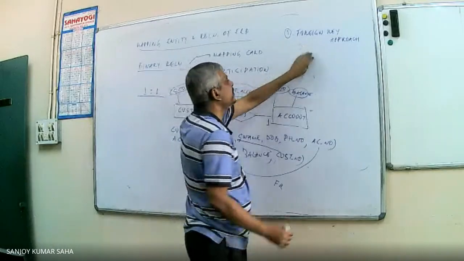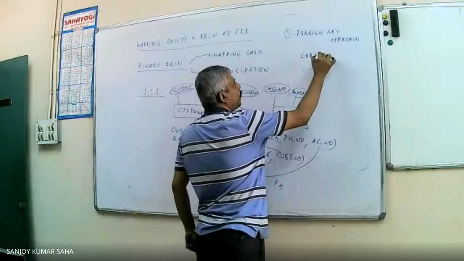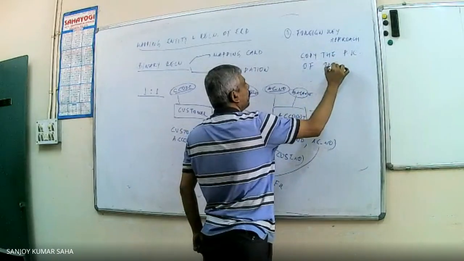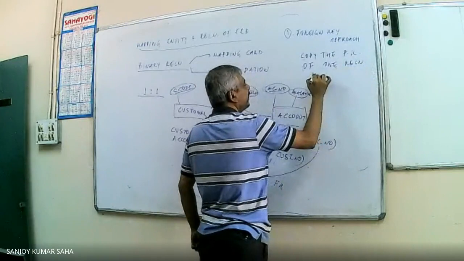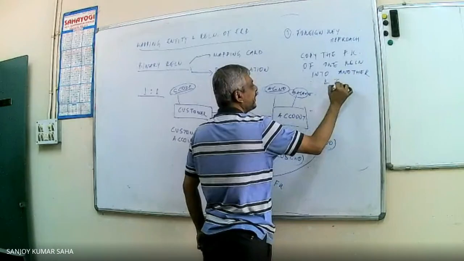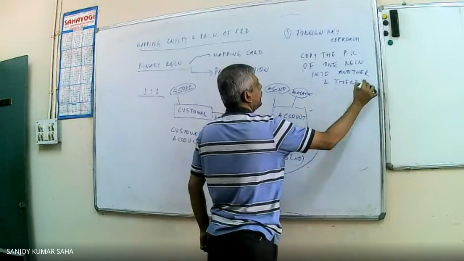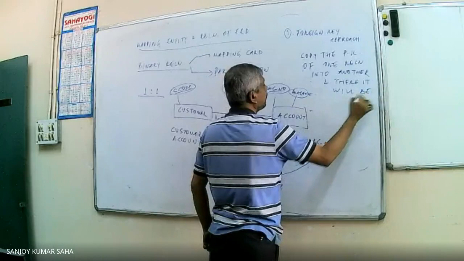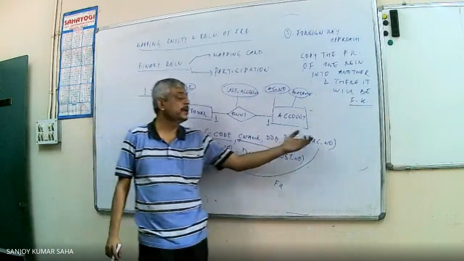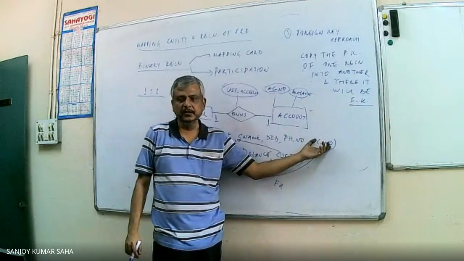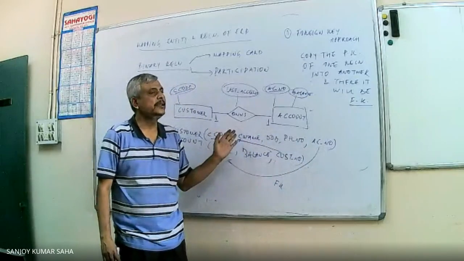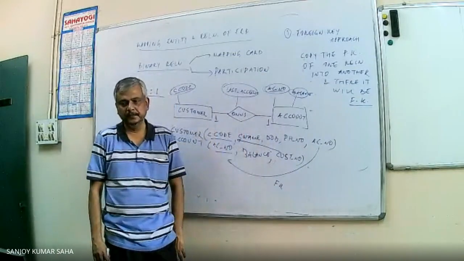So in this approach, it says that copy the primary key of one relation into another, and there it will be a foreign key. So see, the issue of foreign key is coming into the picture. If somebody considers that I will be keeping the account number along with the customer, okay, but it will be the foreign key referring to this, or it will be vice versa. But see, in which side shall I keep this?